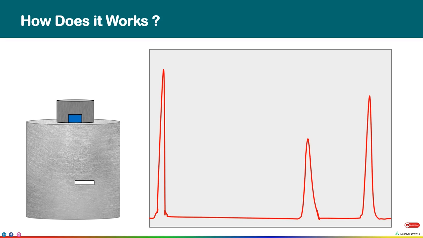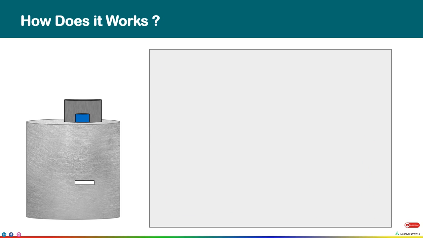You can see in the graph that the first echo is due to the transmission, the last one is the back wall echo, but here we are getting a new echo in the middle. It is due to the defect, and it is this echo which we have to study in pulse echo mode. Now, if we move further towards the right and send the transmission pulse into the test piece, let's observe what will happen.